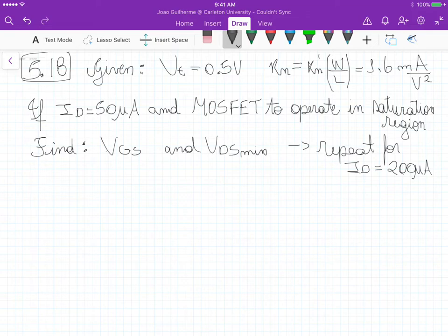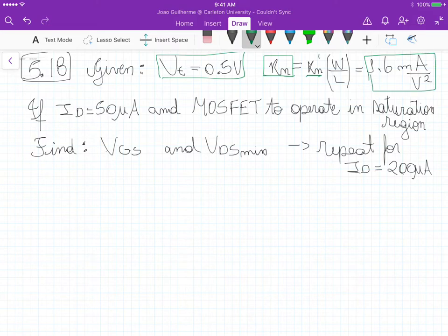Okay, so this is problem 5.18, and in this problem, given that the threshold voltage is 0.5 volts and the device transconductance Kn, which equals the process transconductance times the aspect ratio, is 1.6 milliamperes per square volt. If the desired drain current is 50 microamperes, and the MOSFET is designed to operate in the saturation region, we need to find